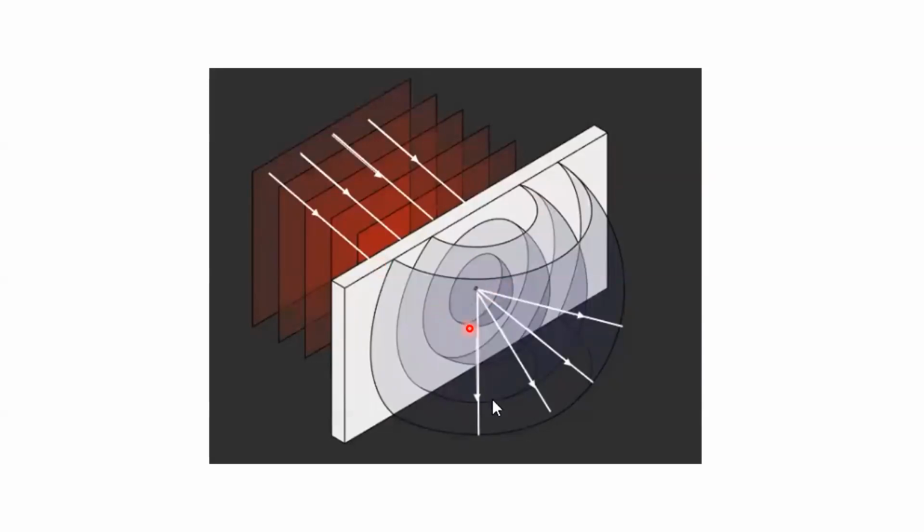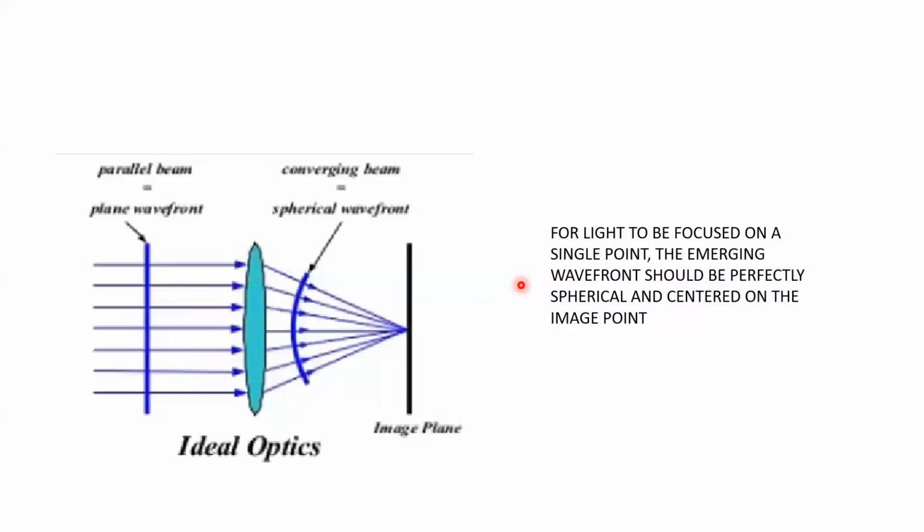The shape of the wavefront is dependent on where it is getting refracted from. So an ideal refracting surface, a parallel beam, that is a parallel wavefront on incidence onto an ideal lens causes a converging beam, which causes a spherical wavefront, and all of the points merge onto a single point, which is